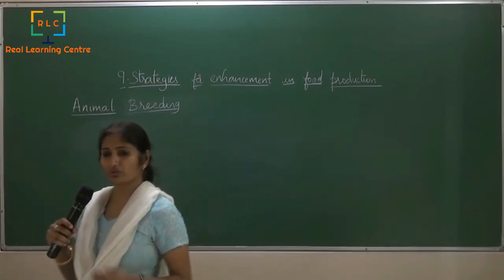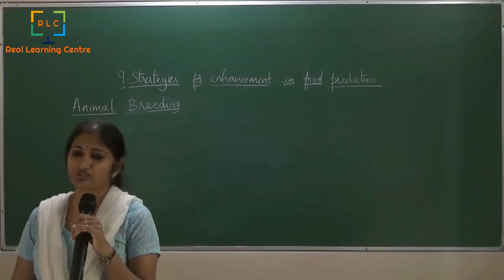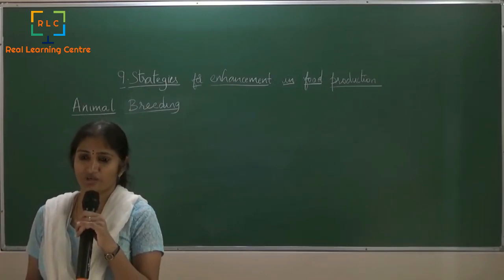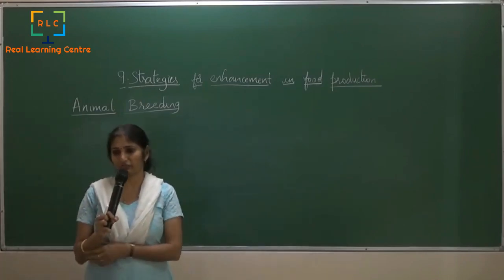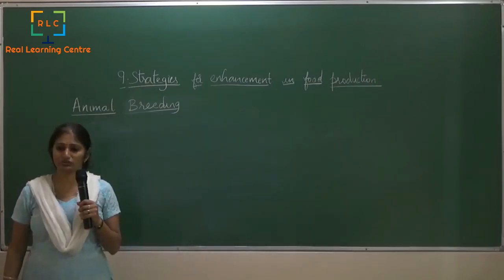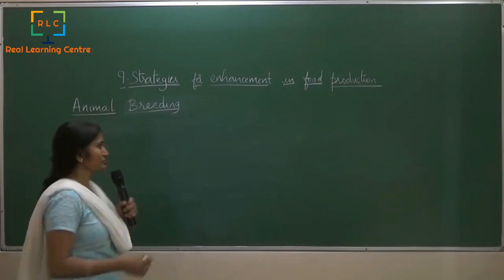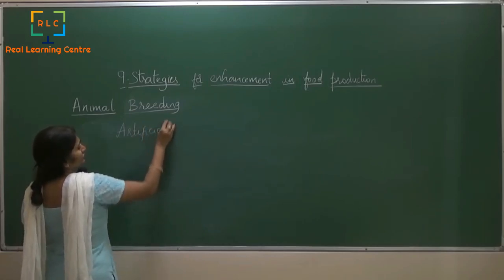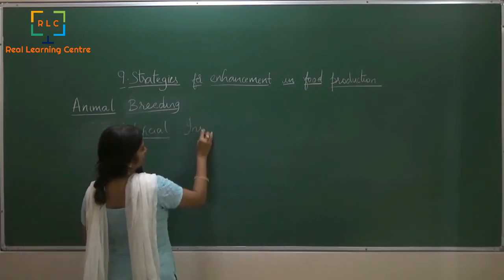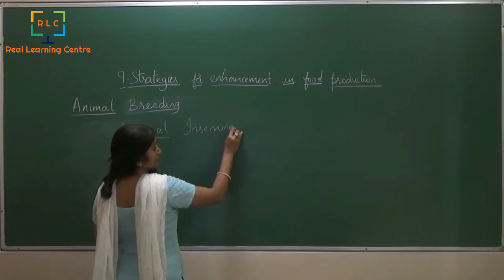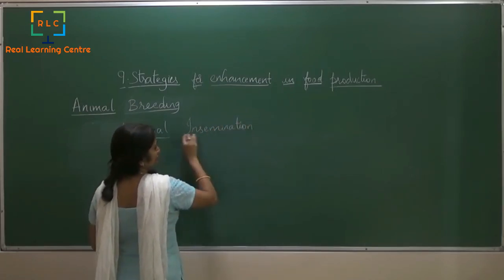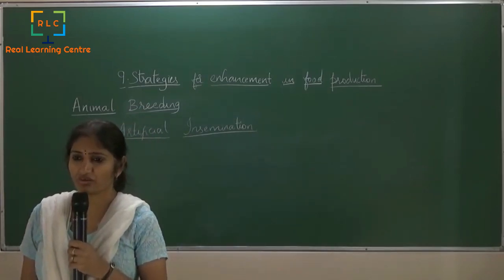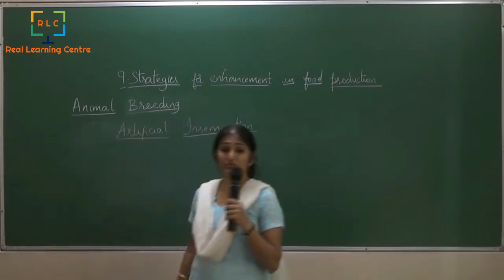Now when we are trying to control the breeding experiments, you see there are so many methods that are available right now to us. We have lots of controlled breeding experiments. These are all carried out using one technique called artificial insemination. So what exactly is this artificial insemination?